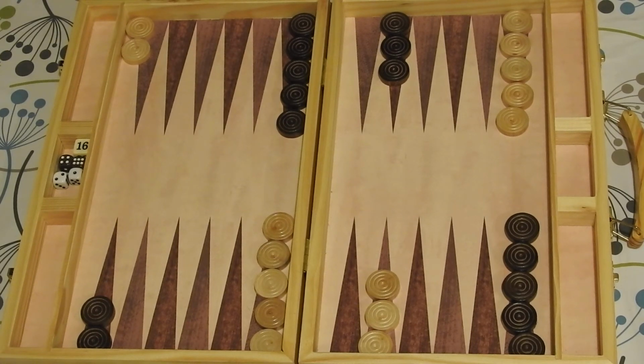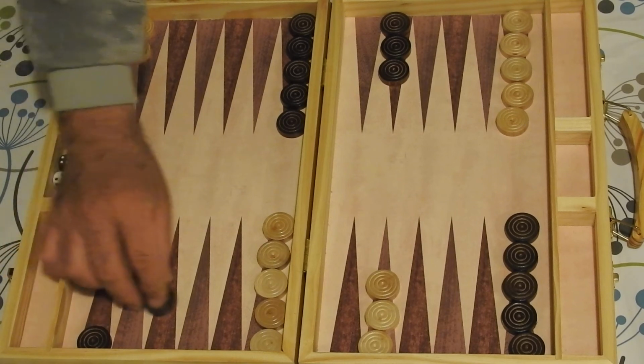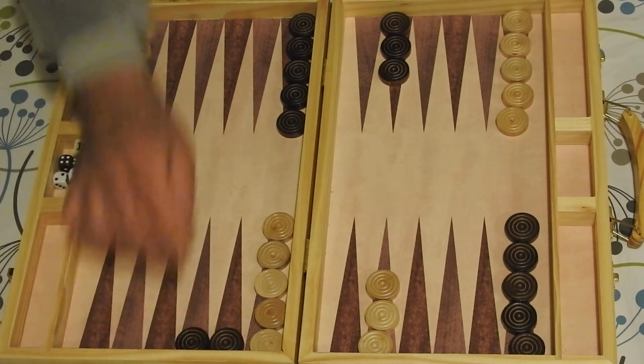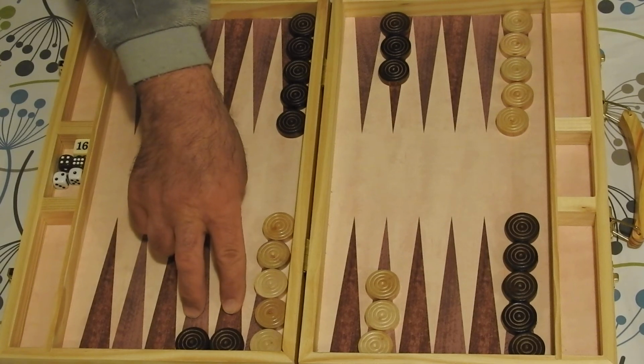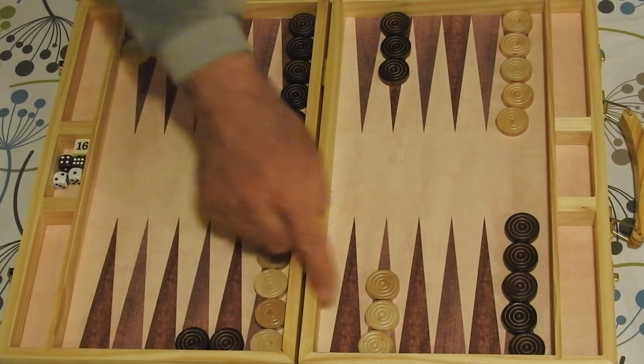Now, what about the 4s? Well, with a 4 and a 3, the standard move I would recommend for a 4 and a 3 would be 1, 2, 3, 4, 1, 2, 3, because you've kind of advanced these 2 checkers here, and hopefully you can hope for a 3 and a 2